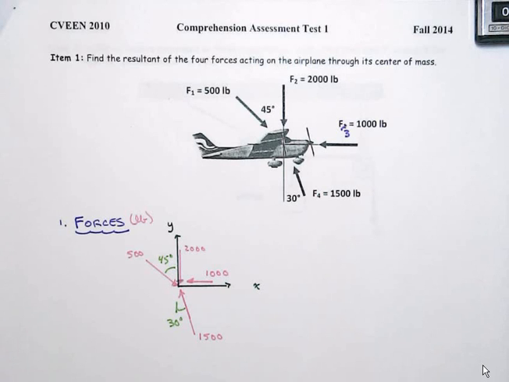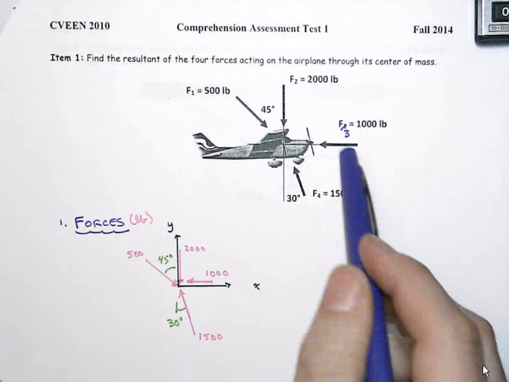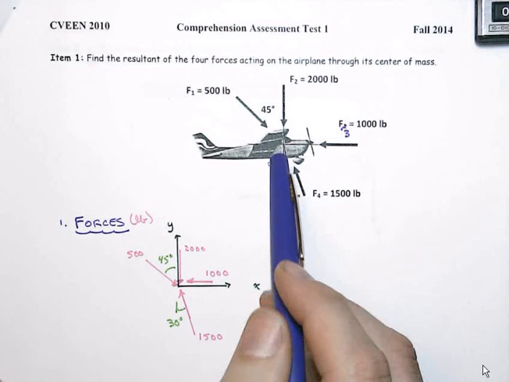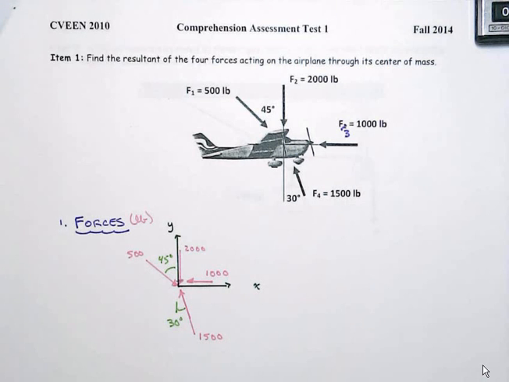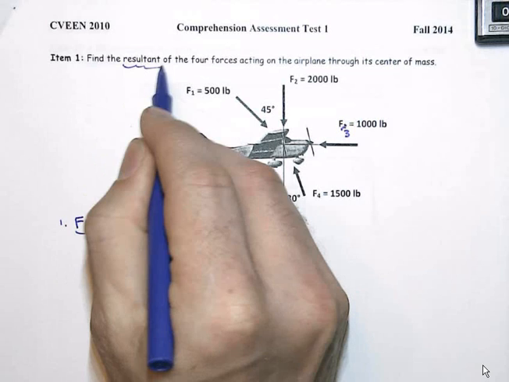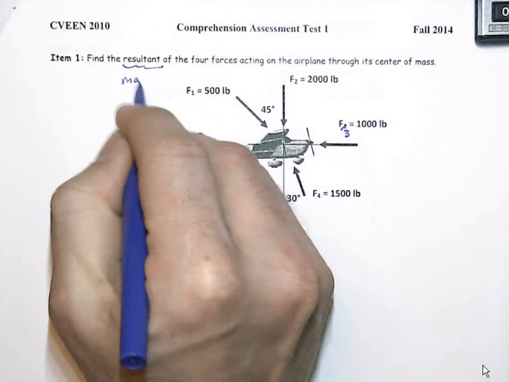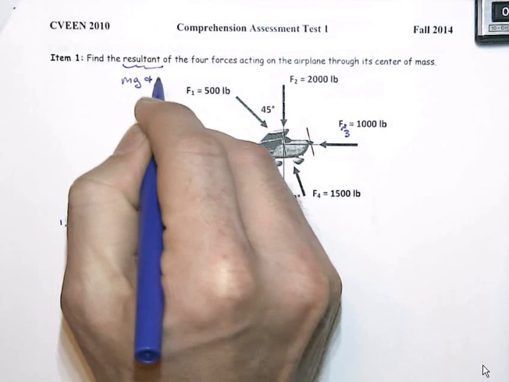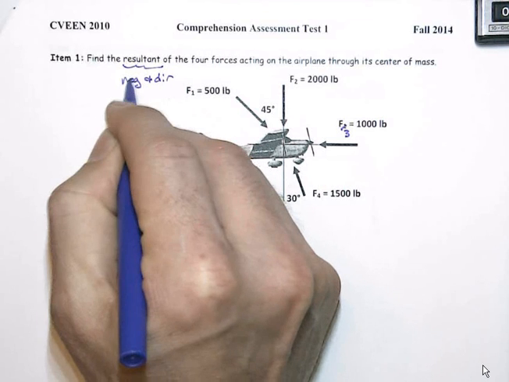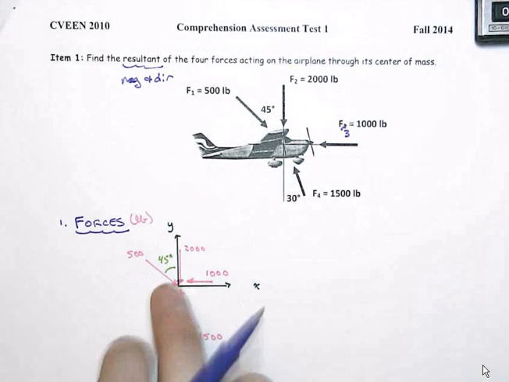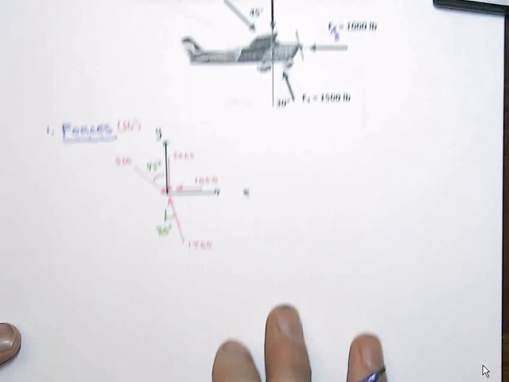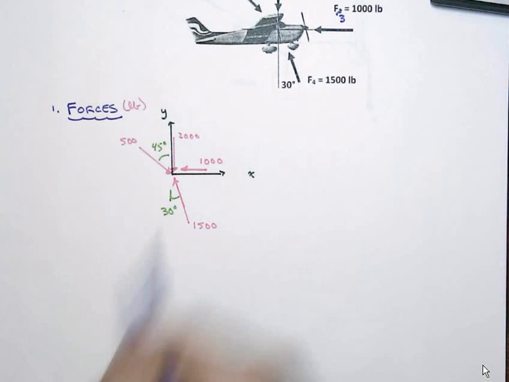On item 1 on the first exam of fall 2014, we have 4 different forces applied to this plane. These 4 forces are concurrent, and we're asked to find the resultant of those 4 forces. That means that we're trying to find the magnitude and the direction of the resultant. Right, so I've redrawn the 4 forces in an established coordinate system with their directions noted as